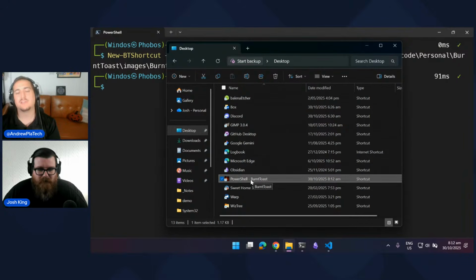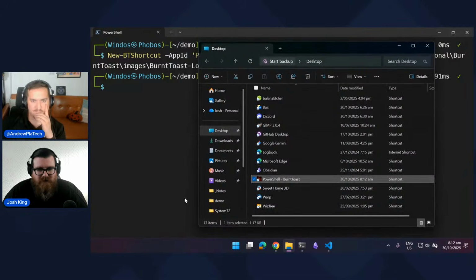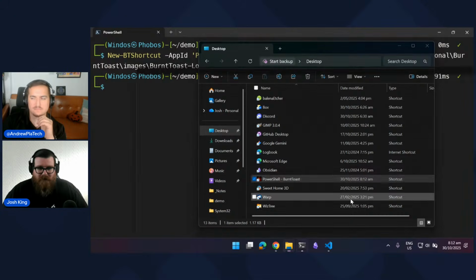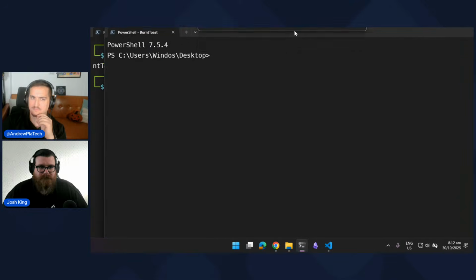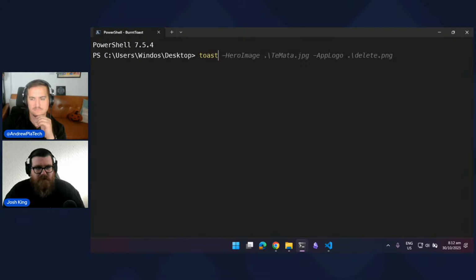Now, one of the caveats that I mentioned is at the moment, I have taken, and I didn't realize I'd taken until I was prepping for today, a naive approach on this, in that it's appending PowerShell to it, which it shouldn't be. So I believe I've got some logic in there that is adding it when it shouldn't. But now if I run that and I go toast,